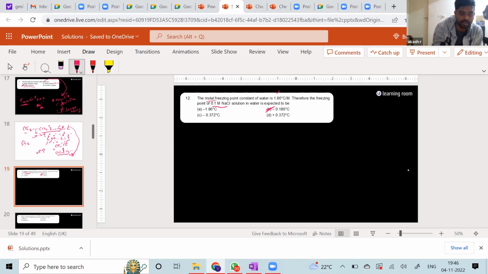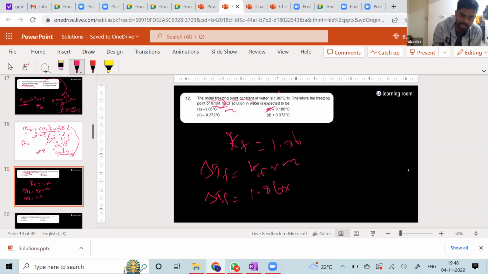We'll do it again. So what you understand is the molal freezing constant, that is nothing but your Kf value. The Kf value of water is 1.86. That's what they're telling. Therefore, the freezing point of a 0.1 m NaCl solution in water is expected to be... Actually, this should not be big M, this should be small m, because we know the formula: delta Tf is equal to Kf into m. That is molality. Now, delta Tf is what we need to find. Delta Tf is equal to 1.86 into the molality, that is 0.1. So delta Tf will be equal to